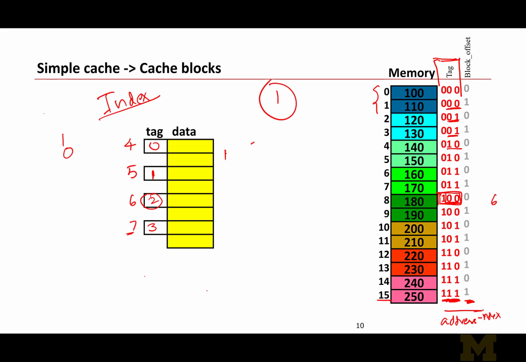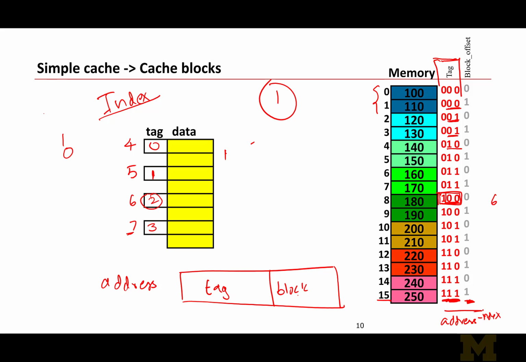Maybe a better representation would be, so if I have an address, previously I had broken that into tag and block offset, but now I have used a few bits here as index, which we just argued you don't need to store as part of the tag. So that part goes away. So this is my full address,